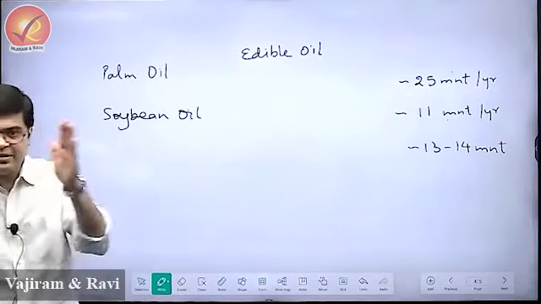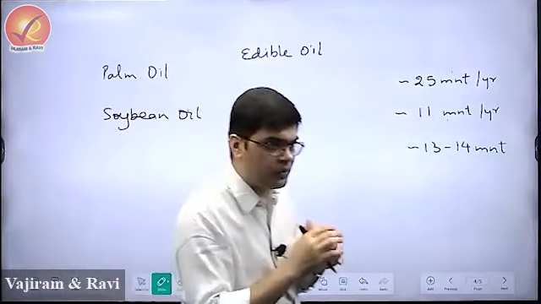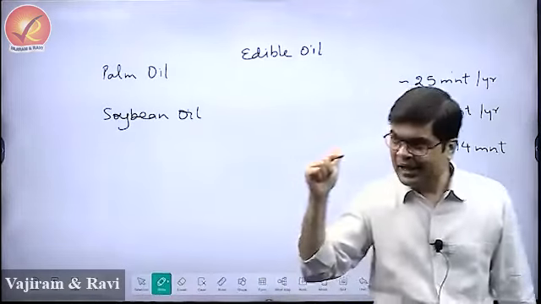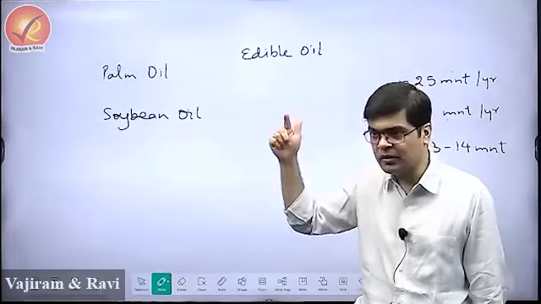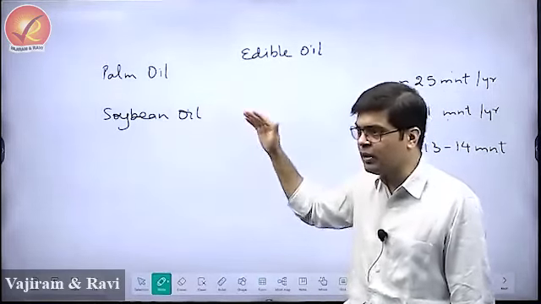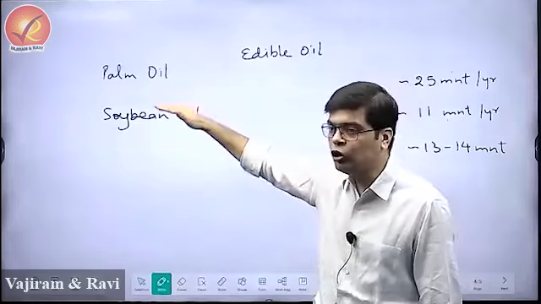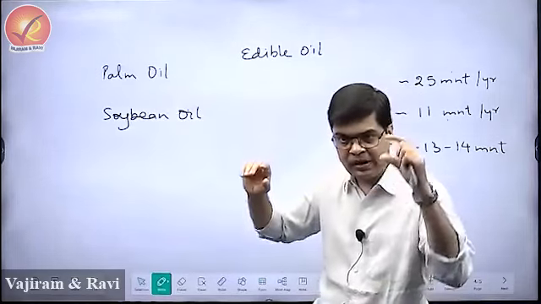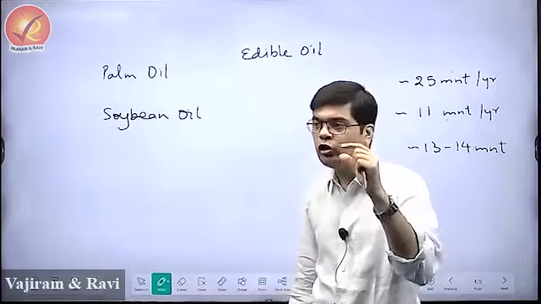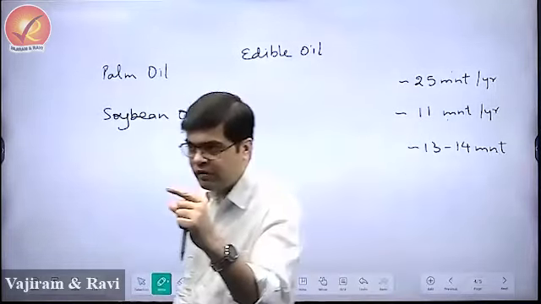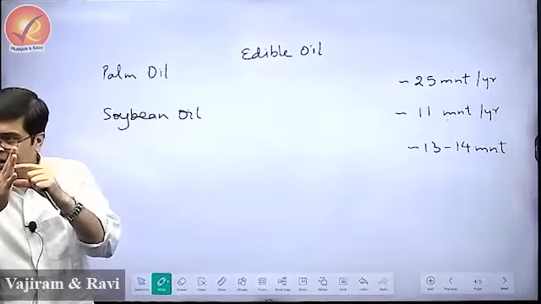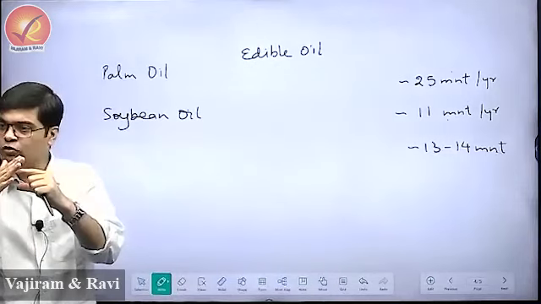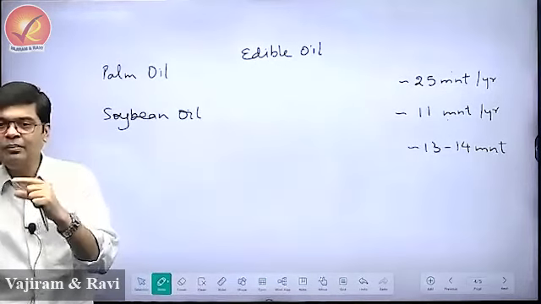Suppose you visualize the world map. Can I say India and the US both lie in the northern hemisphere? Both will produce soybean in the months of October, November. So the US soybean and India's soybean will be released in the month of October, November. In the month of November, we already have a good amount of soybean in the country, and if we allow cheap imports from the US, then what is going to happen is that farmers in the country will be affected.